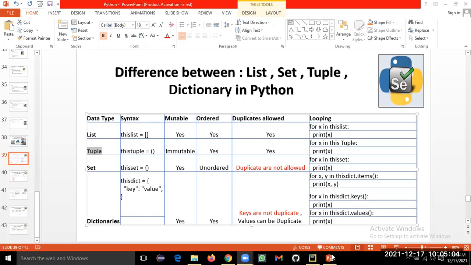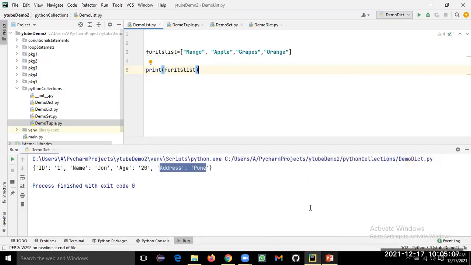Okay, so elements are getting inserted on the basis of indexing. Okay, so if we see here, if we create a list, this kind of memory structure will get created, whose title is fruit list. But inside fruit list memory section, there will be indexes. The first index of list will start with 0, second index will start with 1, third index will start with 2, and fourth index will be 3. So it will be started with 0, 1, 2, and 3. So last index is 3.